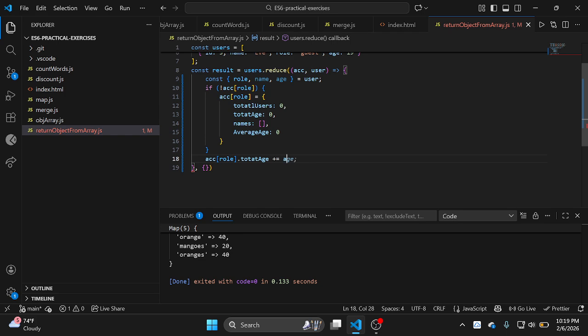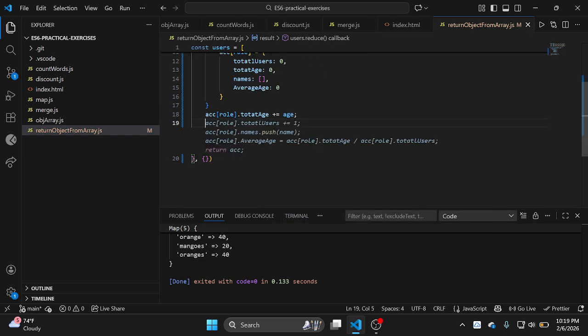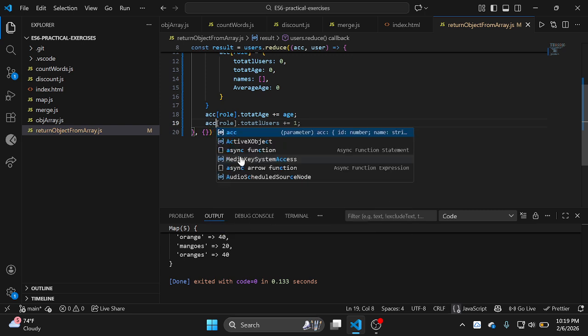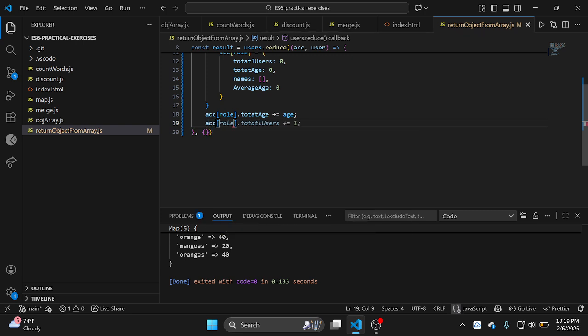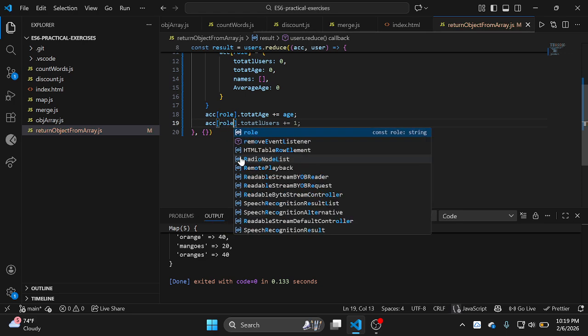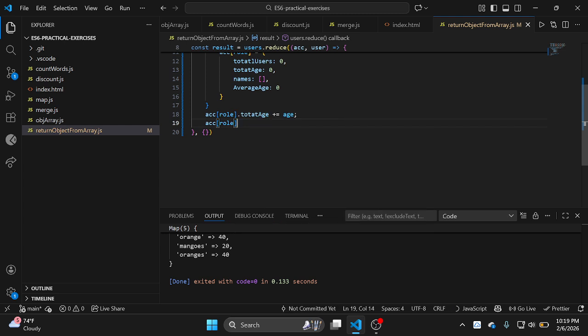Here we will keep incrementing if the age of the users are more than one, and here we could also return total users. Here it will increment by one